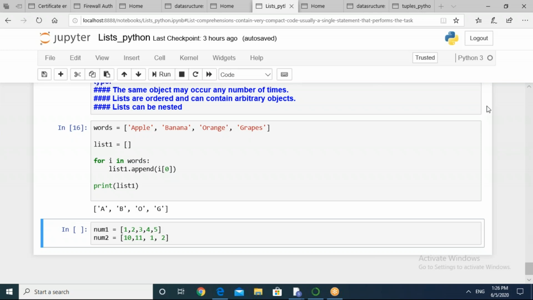So a few more responses I am getting. Okay, you have converted it to a list and then num4 minus num dot intersection. दोनों की इंटरसेक्शन को आपने 4 में से माइनस कर दिया।